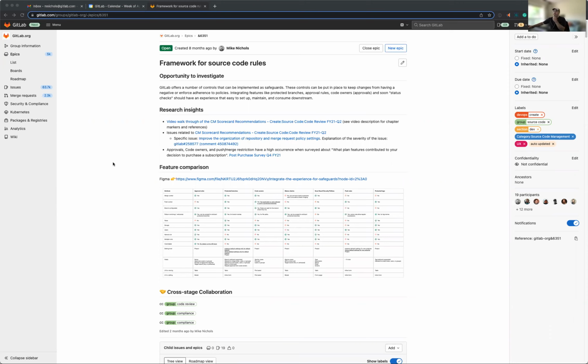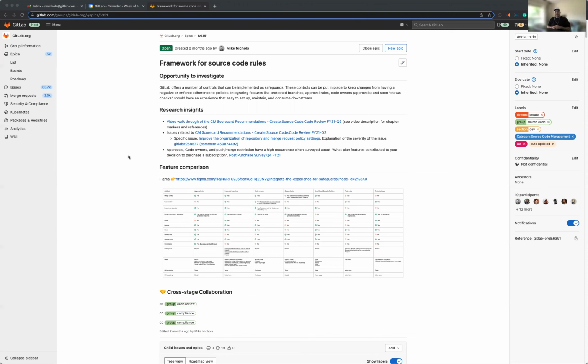So it started off, basically we have a number of settings in the product that are kind of placed around in different places in the UI, and many of them are dependent on branches. So I'll give you two examples: protected branches and approval rules. These are both branch dependent, but to manage those, you have to manage them in two different parts of the UI, which forces a user or an organization, if there are branches that you care about, to go here, set the approval rules, then go to a completely other place in the UI and set protected branches,